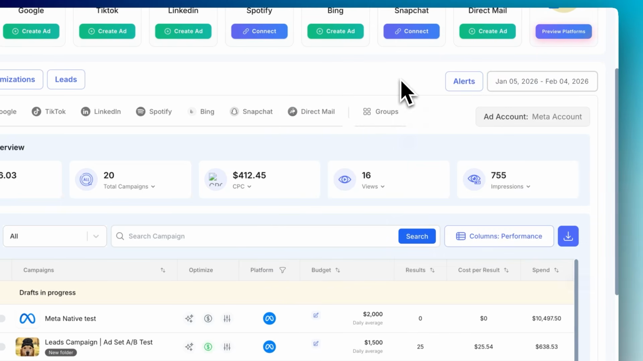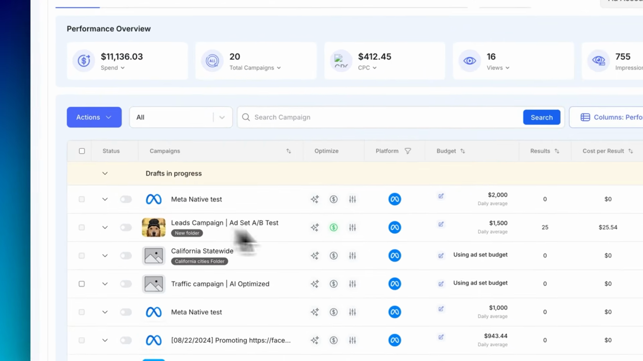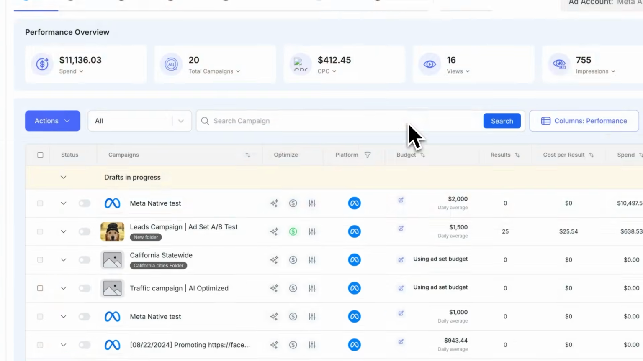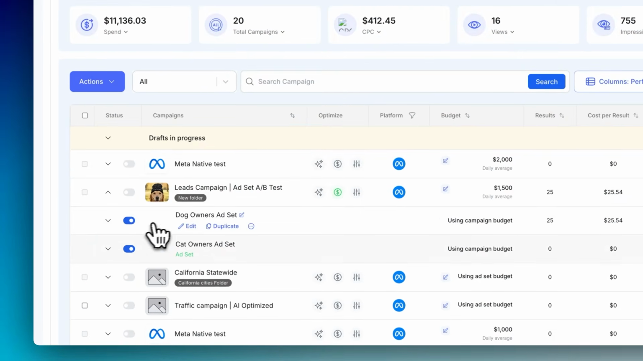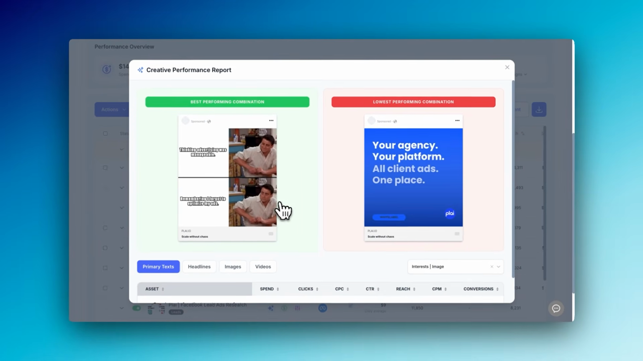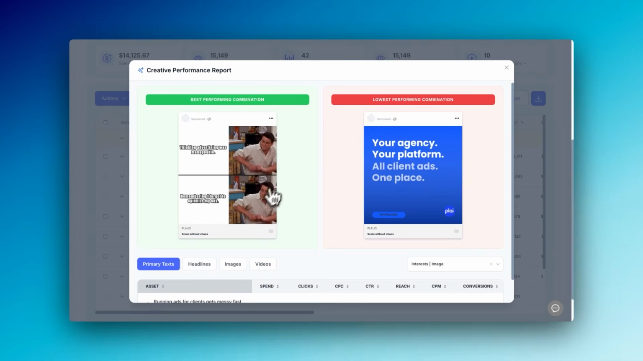So you can expand to the ad set, expand to the ad level, add custom reporting columns, and act immediately with quick actions on the budget, campaign name, converting campaigns to a different platform, converting your Meta ads over to a LinkedIn ad or to a Google Performance Max, importing existing campaigns and turning those into templates so you can convert high performing campaigns into templates to share with other existing clients to give them a head start